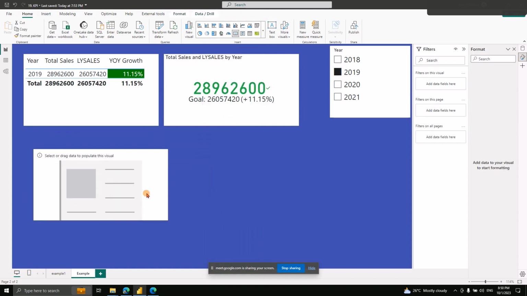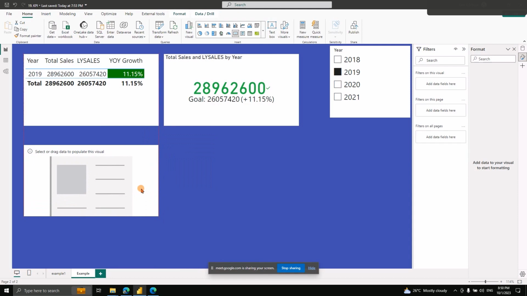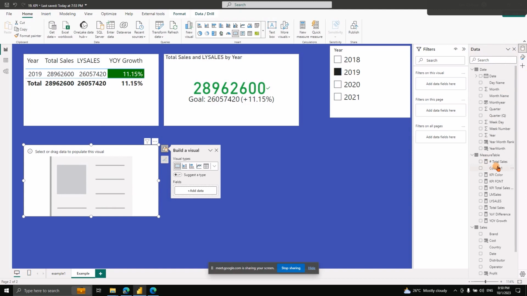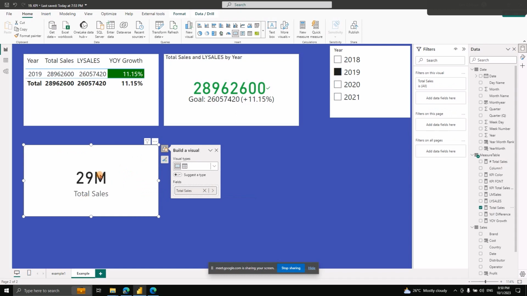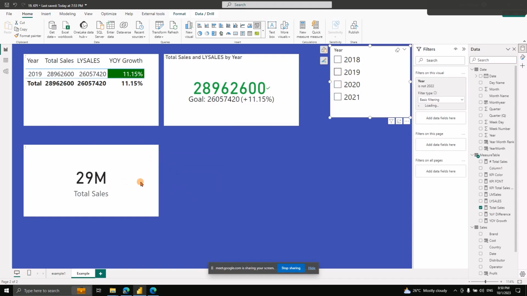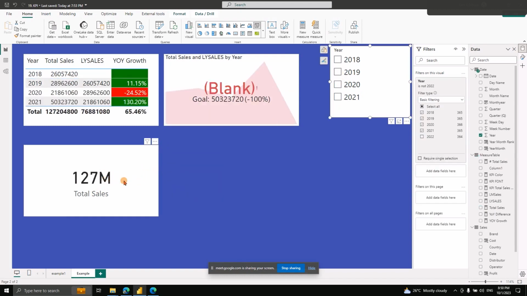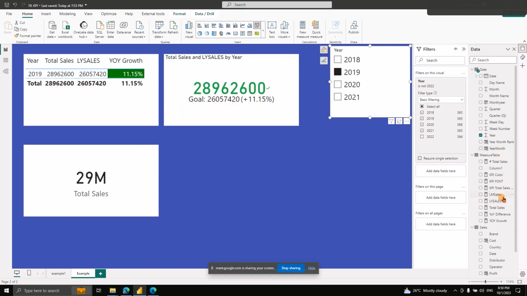Okay, this is my text card. I have a few measures where I have written formatting to make a KPI kind of thing. First thing is, suppose I bring the total sales directly and put it in the text card. You could see that the total sales for 2019 is 29 million. It is filtered by default, and the total sales is, you could see, 127 million, right? With respect to this